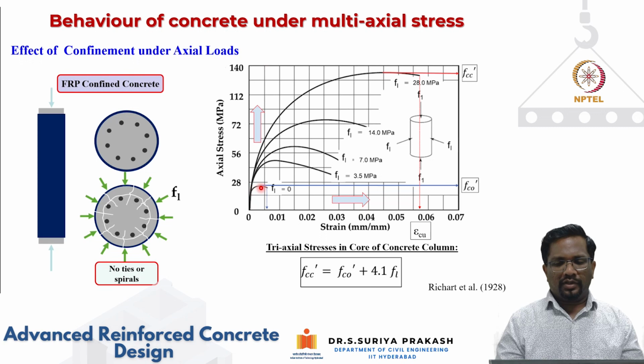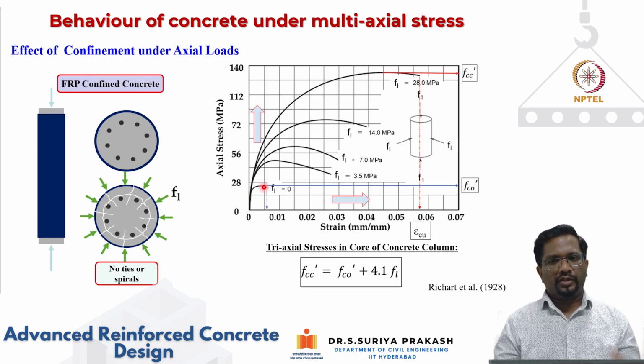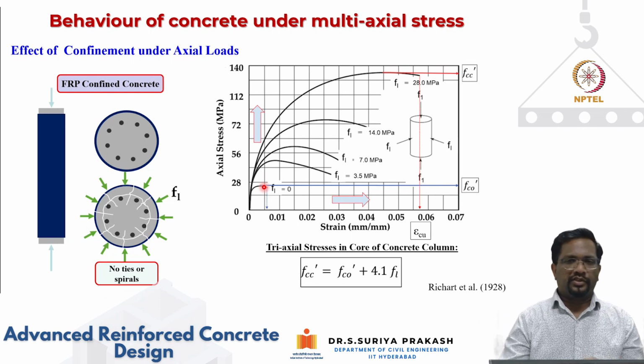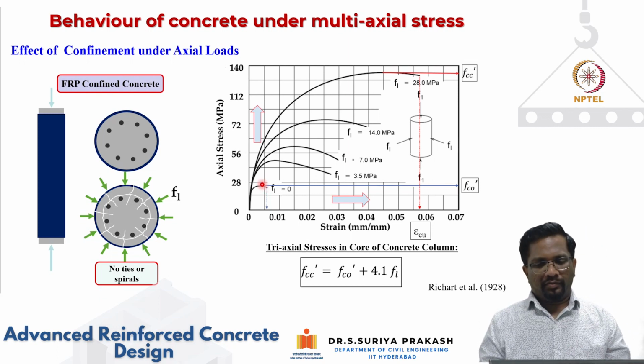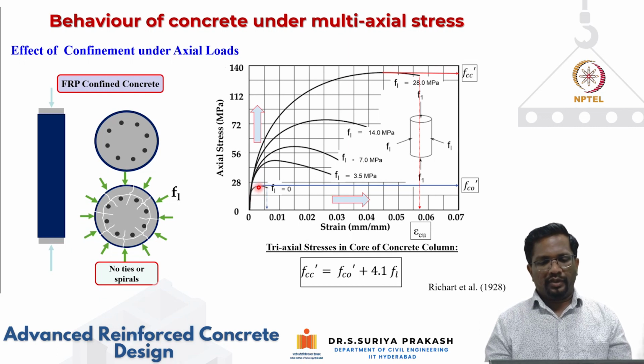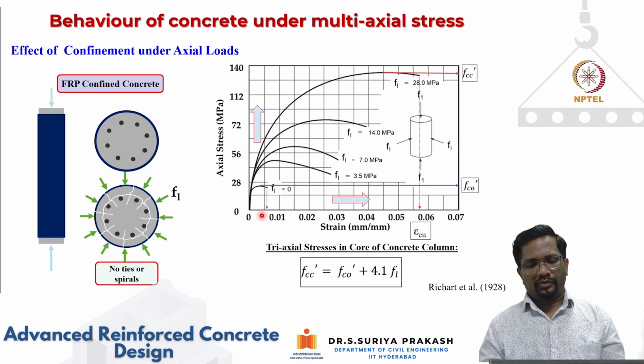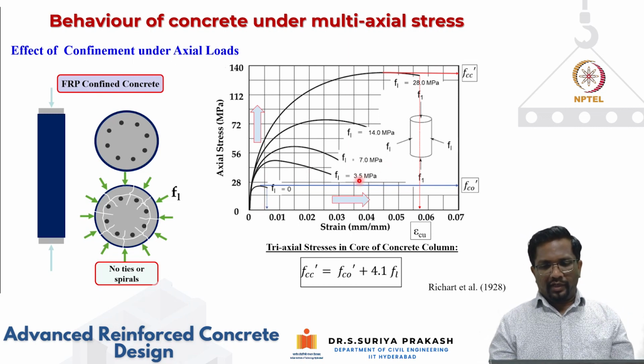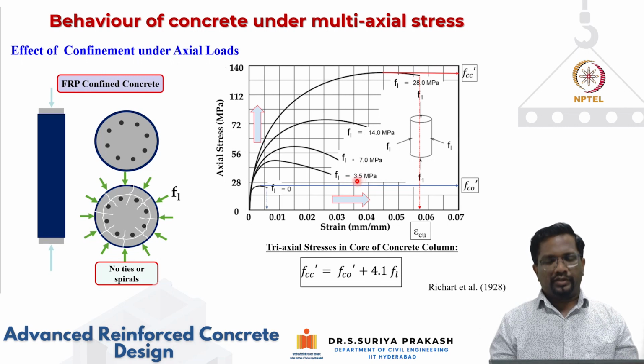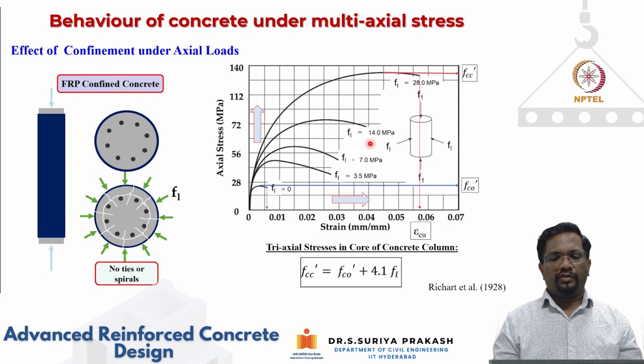So this is the stress strain curve behavior for a concrete with a cylinder strength of 25 megapascal with no confining stress. That means the confining stress is zero. So you can see that this is basically going to resemble the 25 megapascal stress strain curve that we previously discussed, right? It's going to reach a peak strain of about 0.002, and it is going to fail at about 0.004 or so. Now, if I start increasing this confining stress from 3.5, 7, 14, and 28,